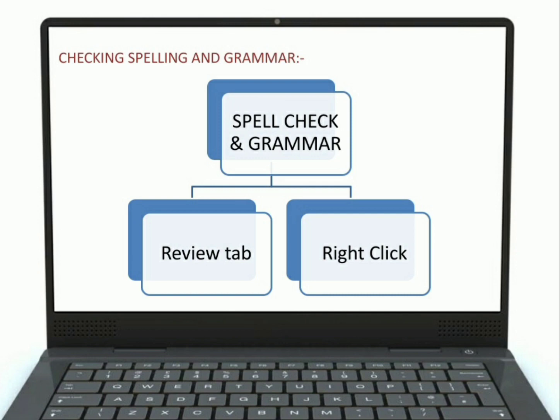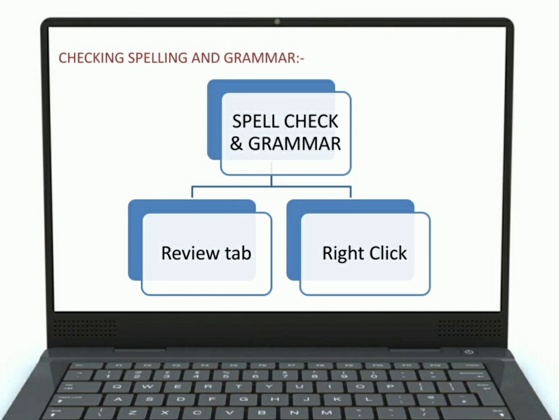Kids, on your screen you are able to see there are three boxes. First box is showing spell check and grammar, and the two other boxes showing review tab and right click. These are the two ways of using the spell check and grammar feature of Microsoft Word.